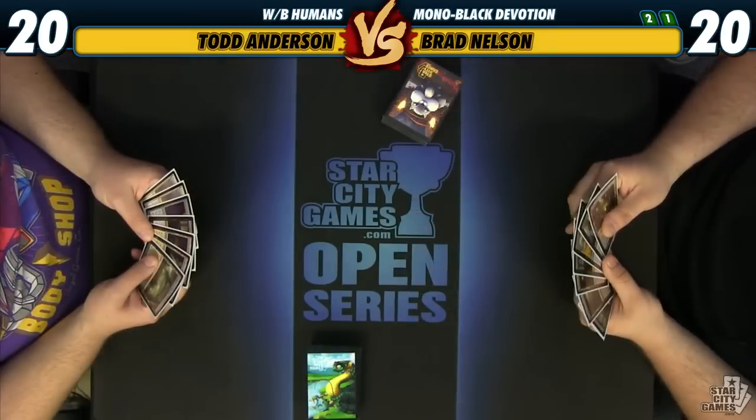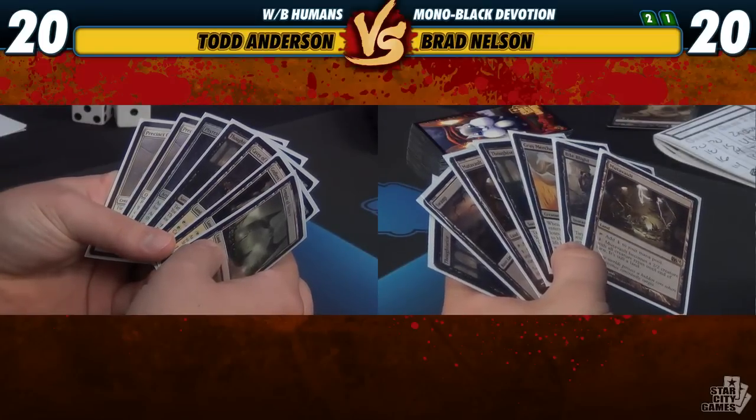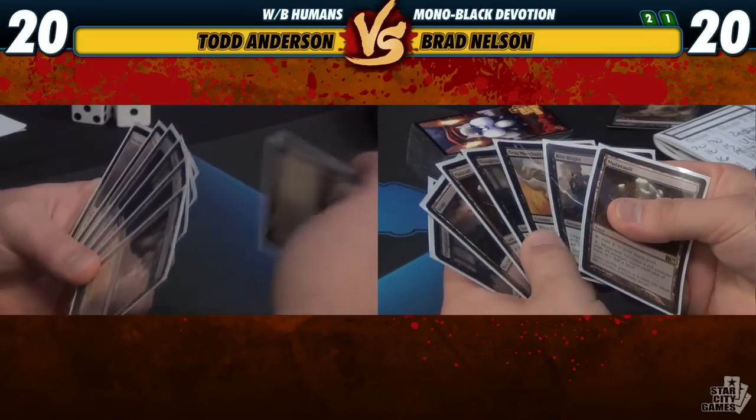All right, I'm on the play here for game 3. My hand is pretty good. We got enough lands and a couple threats. Does your hand have an Urborg? No. Crap. The old Swamp Mutavault, eh? Yeah, I'm going to keep this. I don't like it, but...